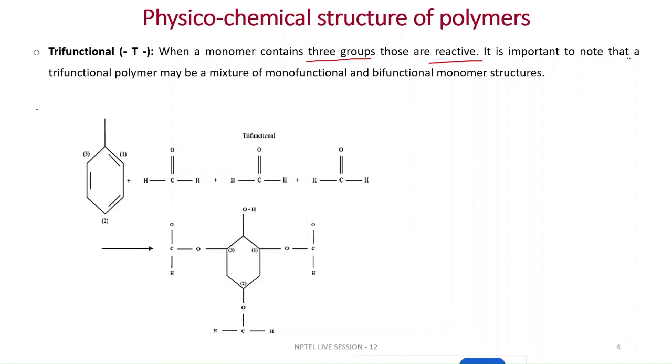It is important to note that a trifunctional polymer may be a mixture of monofunctional as well as bifunctional monomeric structure. So here you can see one phenol,